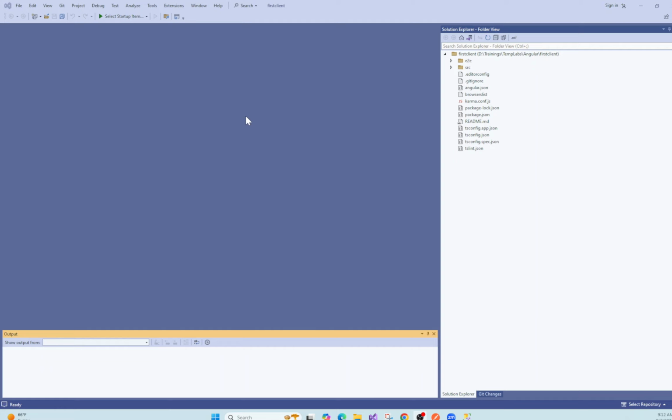So in the previous session, we have seen how to create an Angular application and how to set up Angular on your local machine. There are steps: you have to install Node.js, then you have to install npm. Okay, so